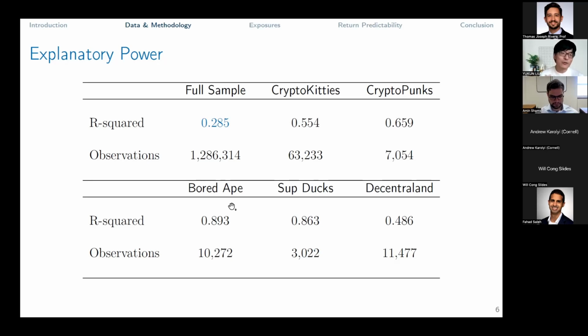if you have decided to buy a Bored Ape or a CryptoPunk, there's really very little reason for you to think about which particular Bored Ape or CryptoPunk you want to buy, because the common component already explains the majority of the variation. There's very little difference in terms of your realized returns or your expected returns for the selection of the Bored Ape or CryptoPunk you want to choose from.